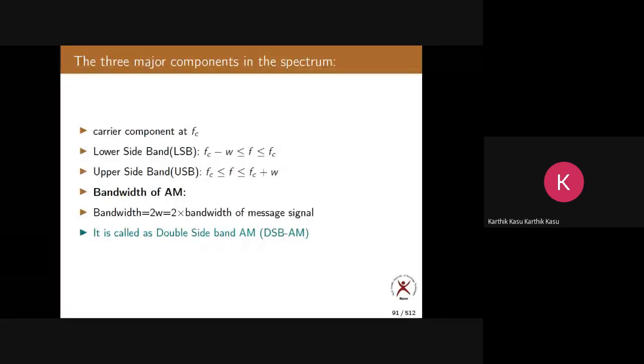Now this is about spectrum. Till now we have drawn the spectrum for some arbitrary signal. Am I clear? In the previous example, we don't know what is M of t. Just we have taken it arbitrarily. The spectrum is just like a triangle. Okay, all of you, is it okay? I just assumed that.